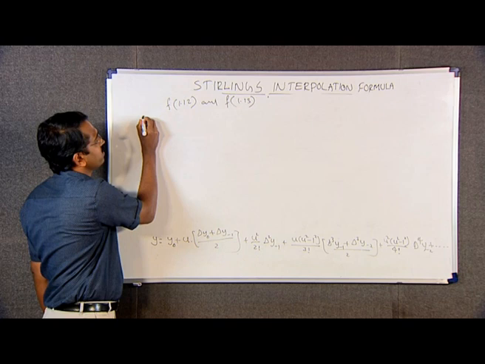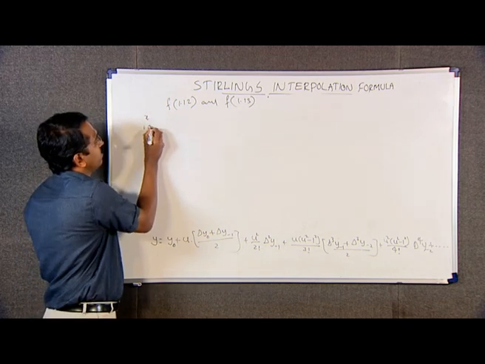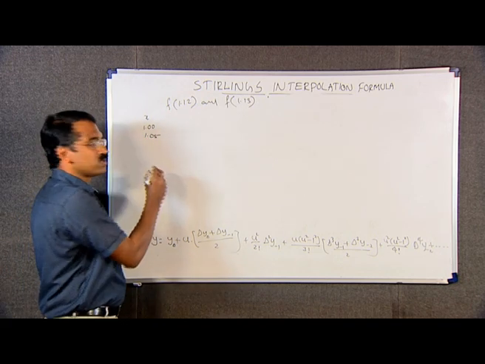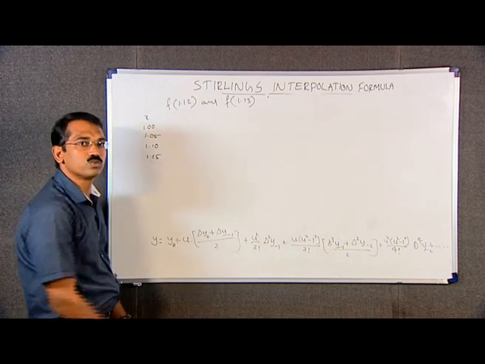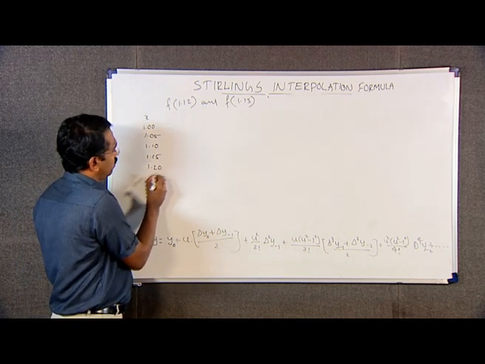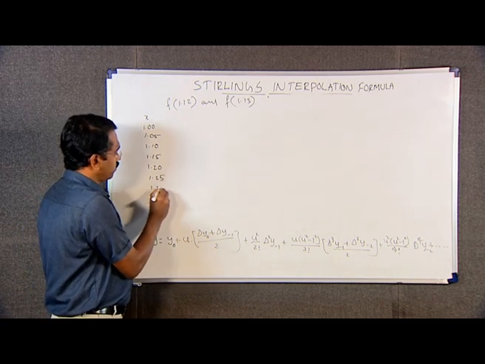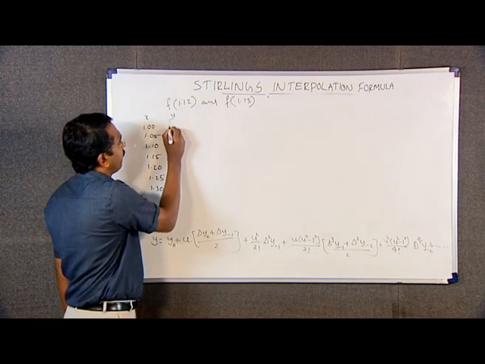The given table has x values 1, 1.05, 1.10, 1.15, 1.20, 1.25, and 1.30. The corresponding y values are 1,